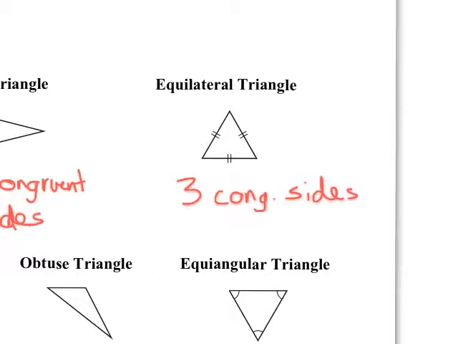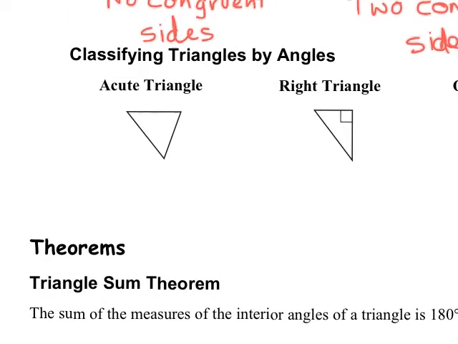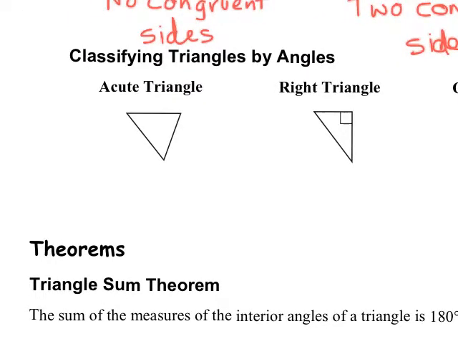Okay, three ways to name triangles based on angles. So let's look at angles. So we have an acute triangle. Okay, so acute triangle. That means all three angles are acute. Okay. I think you guys all know what a right triangle is. A single